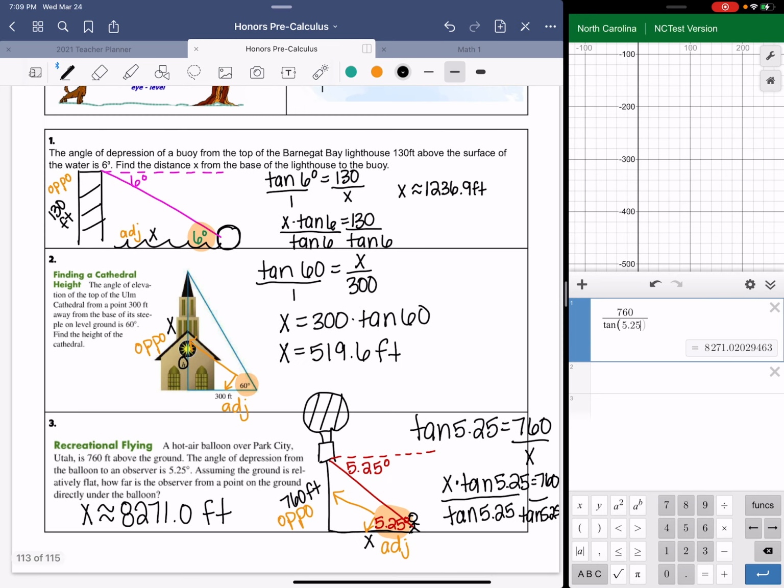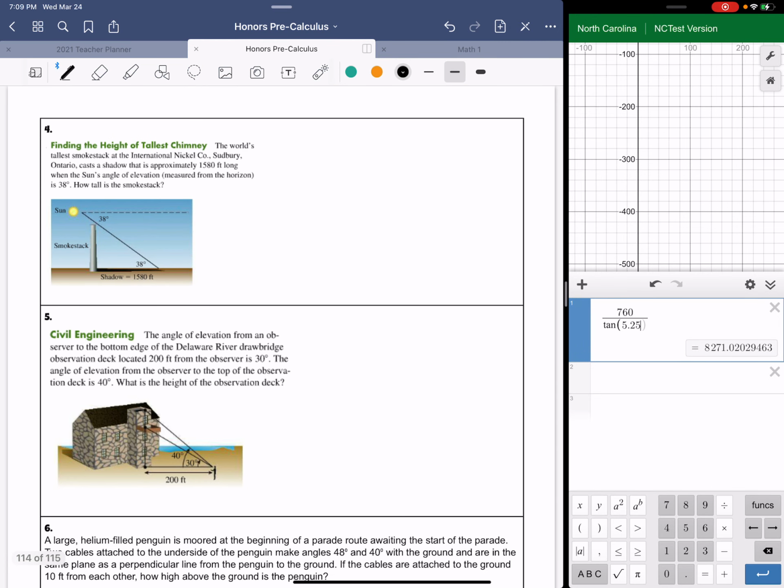So let's continue. I have another example here. We have the height of the tallest chimney. It says the world's tallest smokehouse is at International Nickel Company in Sudbury, Ontario. It casts a shadow that is 1,500 feet long when the sun has an angle of elevation, shown on the picture, of 38 degrees. How tall is